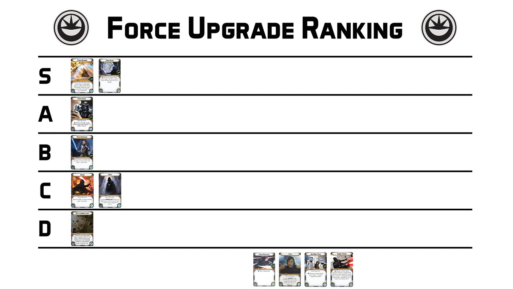But next up, we are going to have what is probably the most important upgrade for the Force Power slot, and that is going to be Force Reflexes. And at 5 points, you are going to have an exhaustible card that will give you a free dodge token. And this will 100% be an S tier ranking card, as it is almost an auto-include for every Jedi that